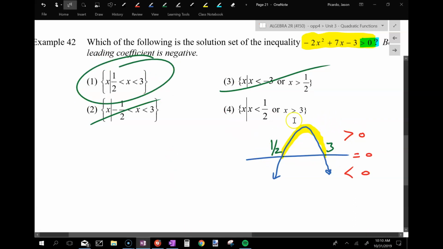What's wrong with this one? This one says I want answers of x that are less than 1/2. That would be going this way, right? Is that what I wanted? Yeah, no good, right? Okay. I'm going to stop there. I'm going to give you guys some time to